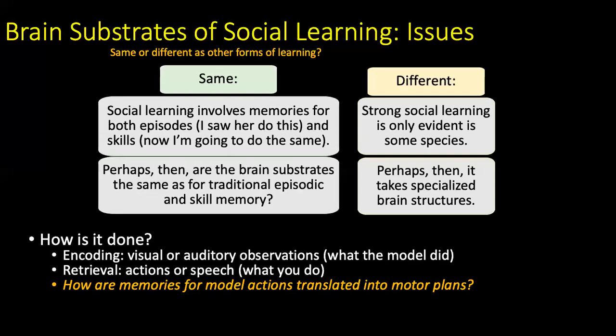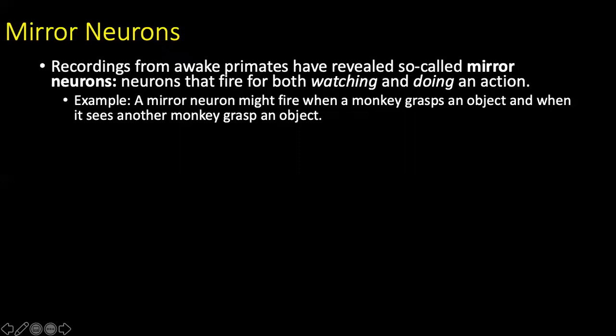We've watched somebody do something. How do we then engage in that same behavior? And mirror neurons seem to be a potential mechanism for how this works. So these were first discovered, and people were very excited. So recording from neurons in primates were the first places where we started to see evidence of what we would call mirror neurons. That is, neurons that fire for both watching someone else perform an action and then doing that action yourself or the animal self, depending on who we're talking about.